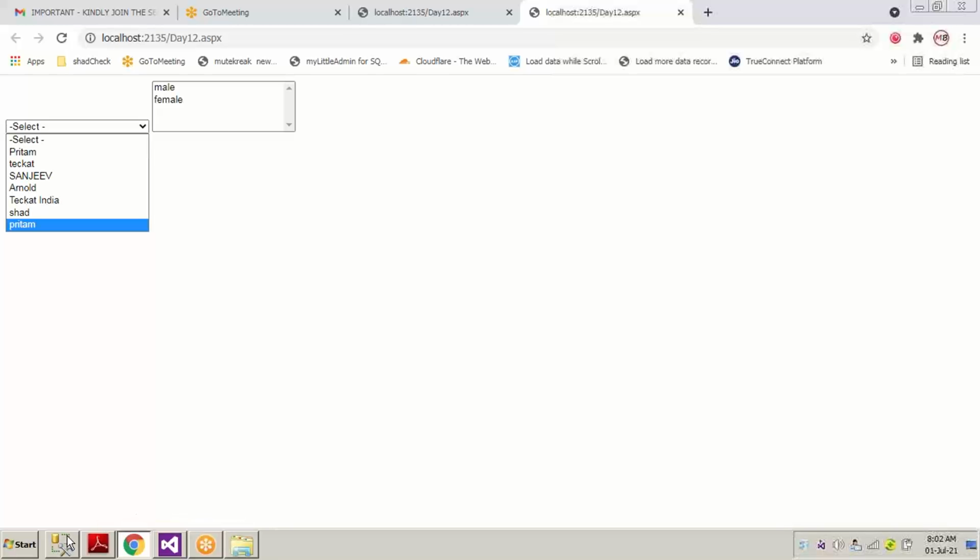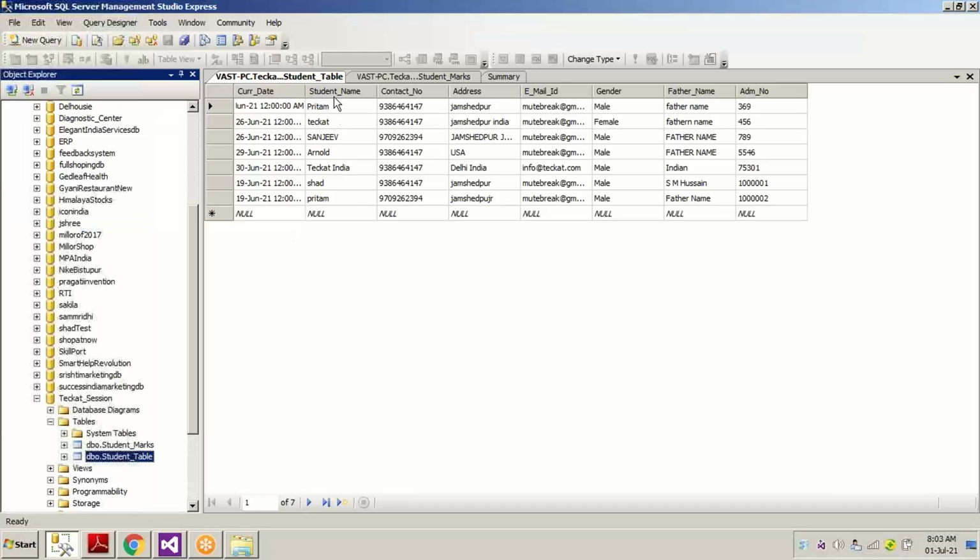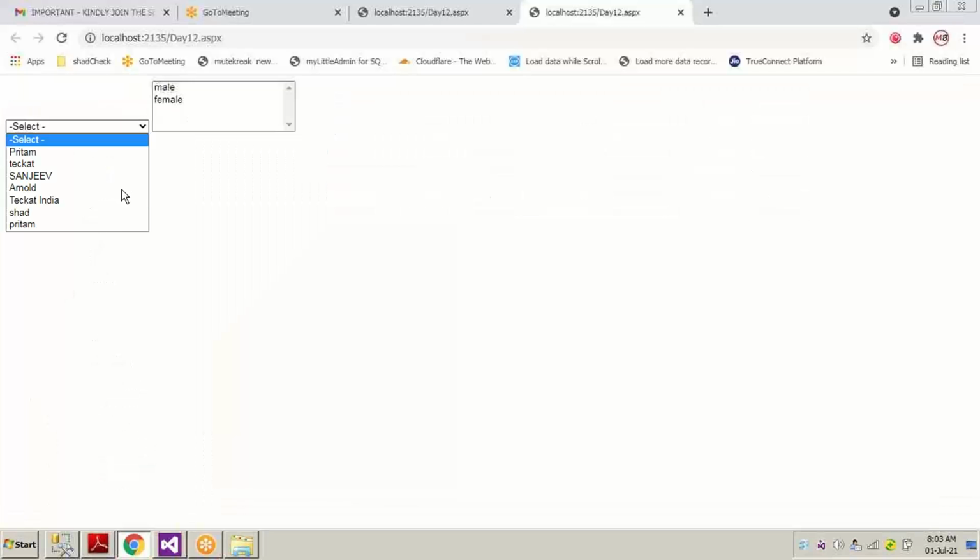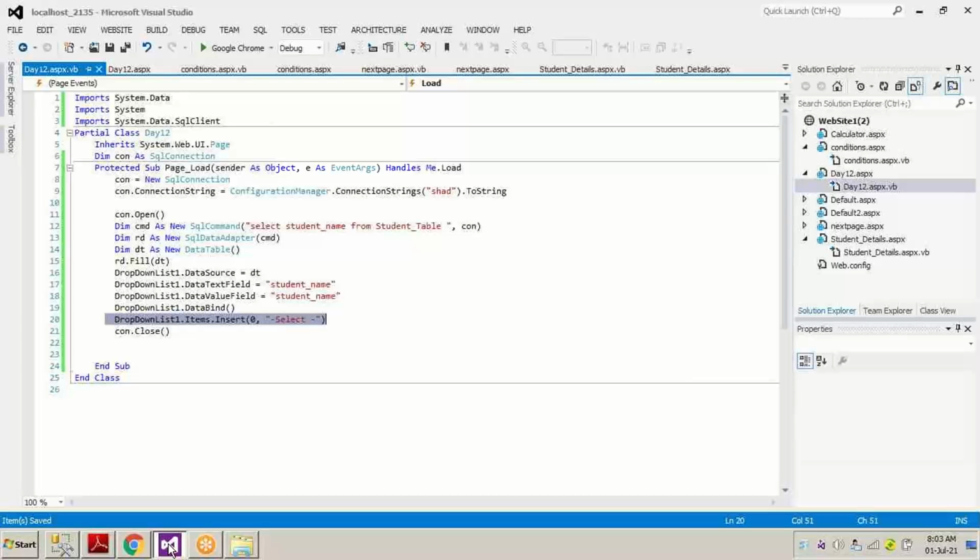So you can find those 7 records in our database particular field. So what we did, we just pulled the data with this code to a particular control which we have used right here. We have used drop down list box 1.